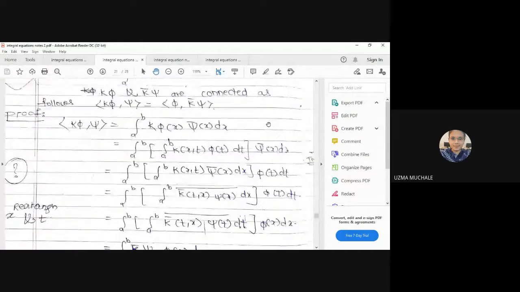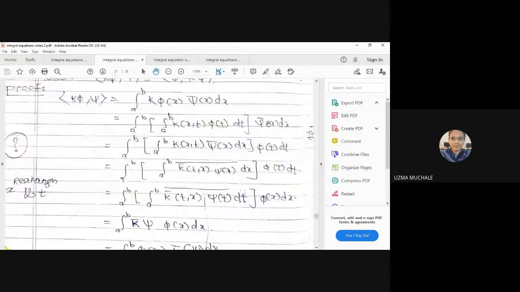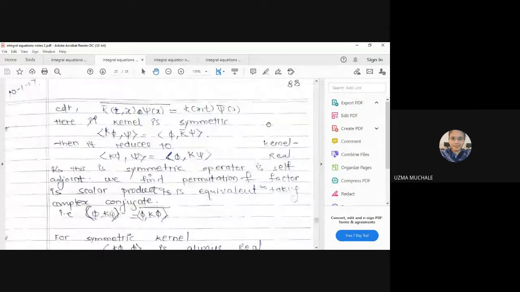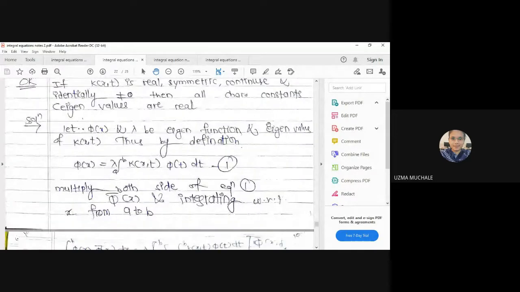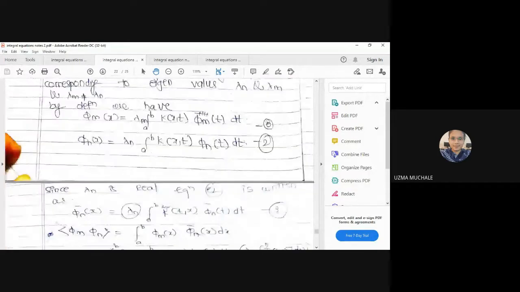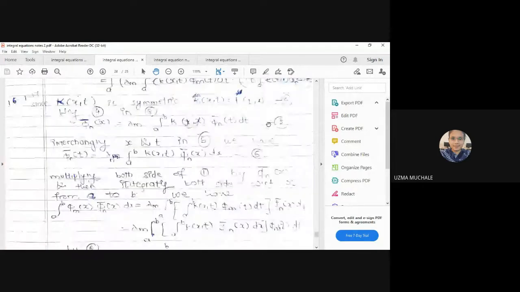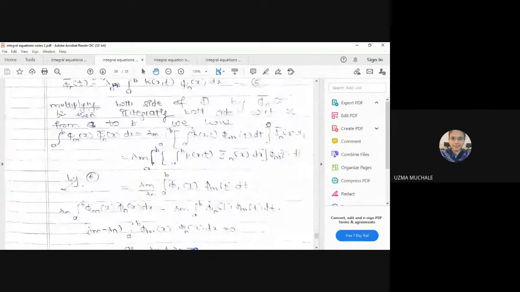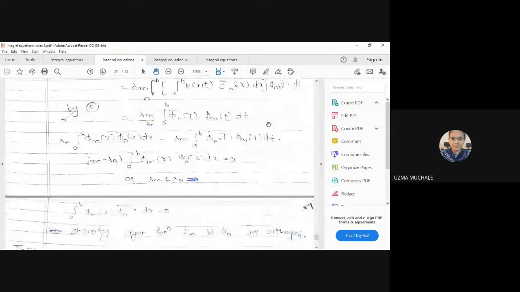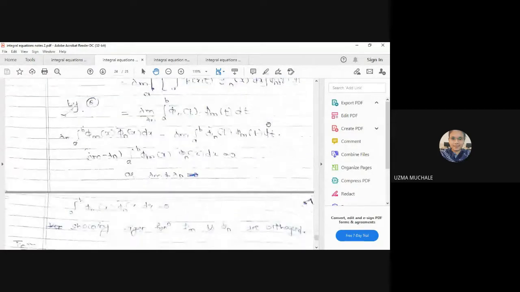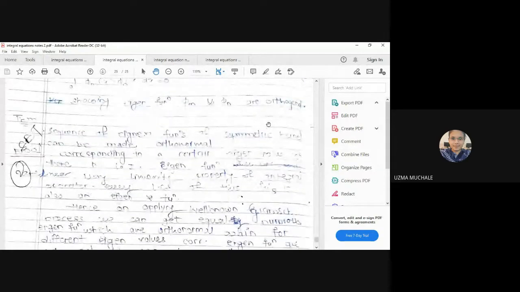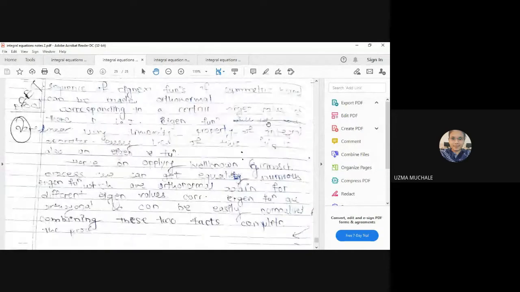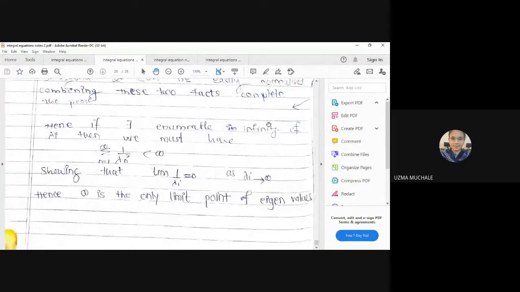For this, K phi, psi, we have to prove it is phi, K bar psi. Then we have seen some of the theorems. You have to learn the statement of a theorem by heart if you want to appear for an exam like MCQ, since there may be a statement with some words missing, so you have to verify which one is the correct theorem.